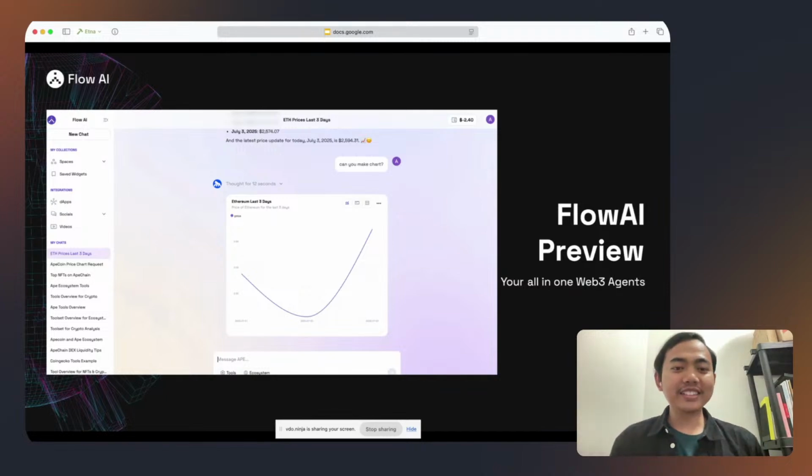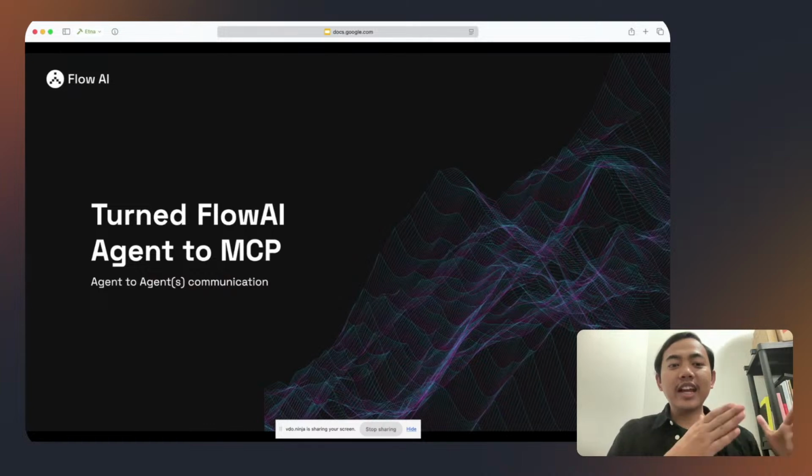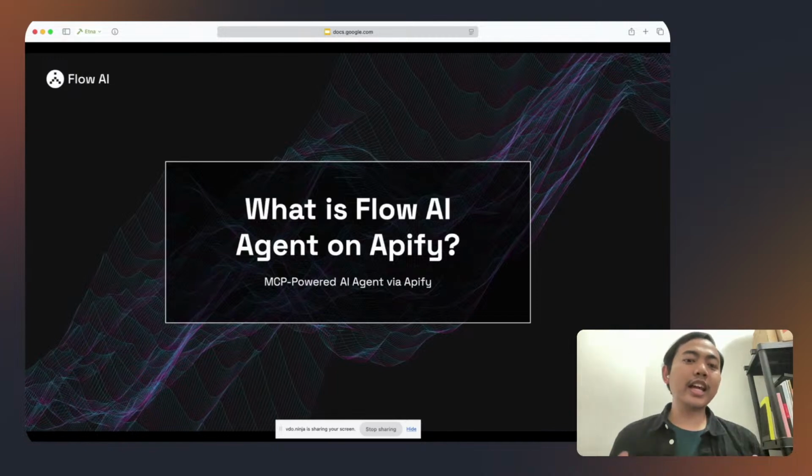And now what I would like to do is turn the Flow AI agent into an MCP, right? So what is the Flow AI agent on Apify? Essentially it is an MCP server that you can use in your MCP host, which can be Claude, it can be Cursor, it can be anything.